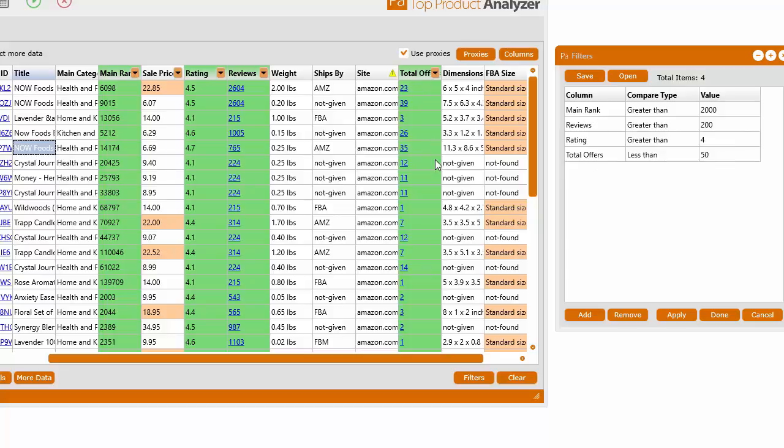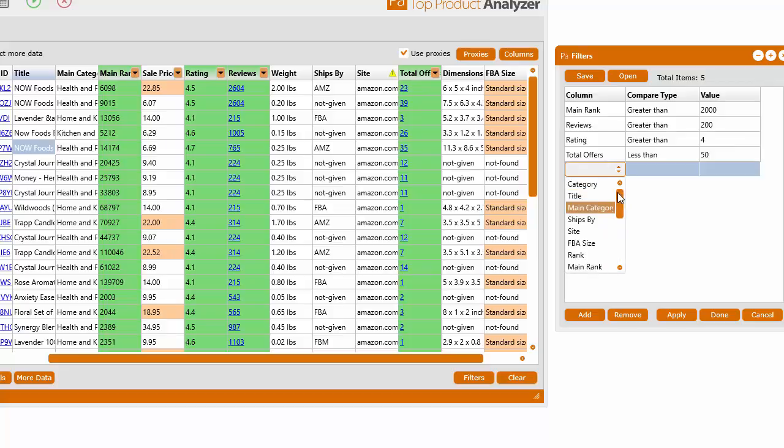If you want to remove all the filters at once, you can go to filters, delete filters, or in the filter window here, you have a bunch of options at the bottom. You can add new filters. When you add a new filter, it adds another row, and then all you have to do is click inside of the column row. You have to click a few times before you get this drop down, and you can select any of the columns here. In here you have a lot more options than the quick filters,